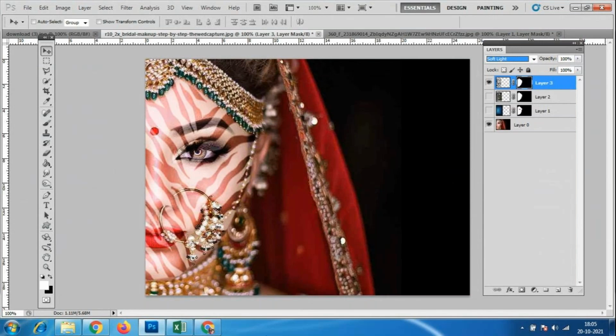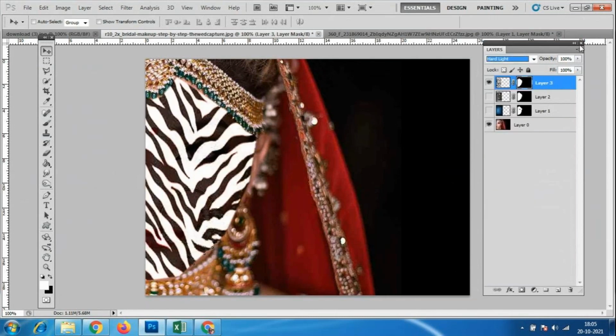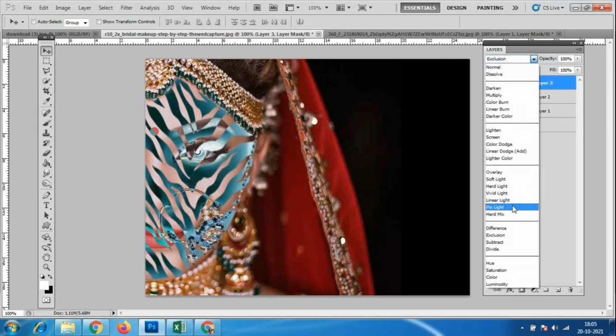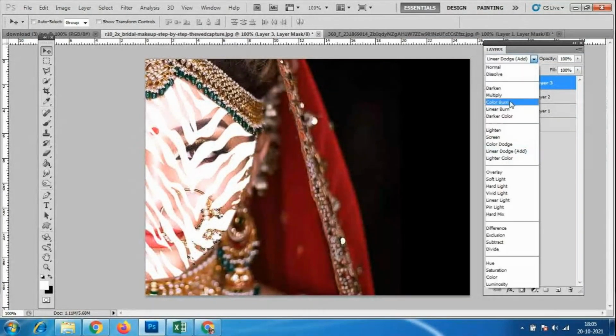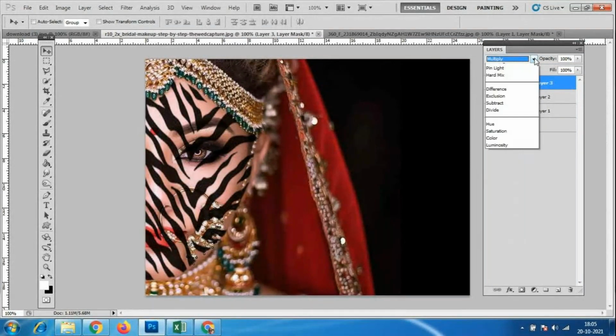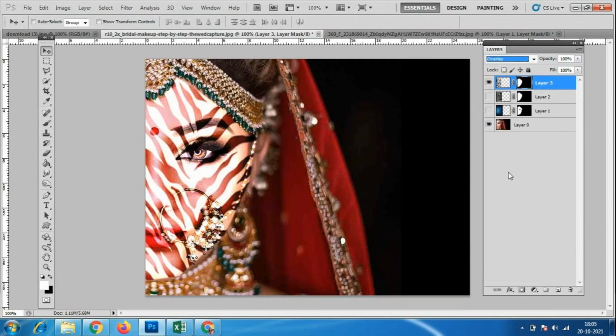See this image, it will look very nice because it's front facing and the image quality is also very good here. So hard light and exclusion. Just try many of these options and send me whatever you people try. I don't want complete perfection from you people. In very less time you cannot make perfect work. So however much you try, that much only, please send me the assignment. At least you people open the software and try something. So no need to worry about those things.